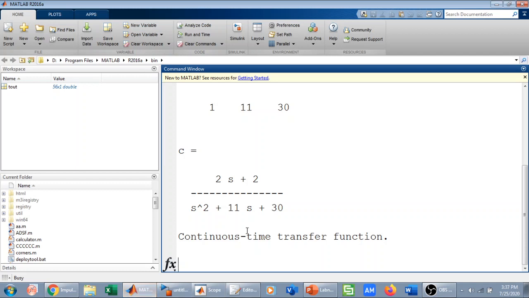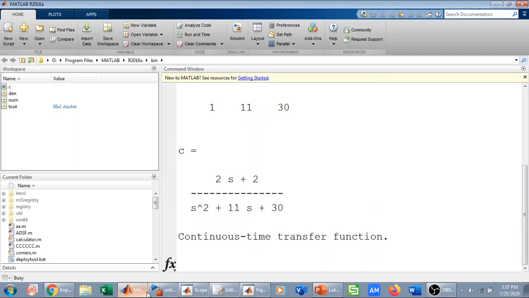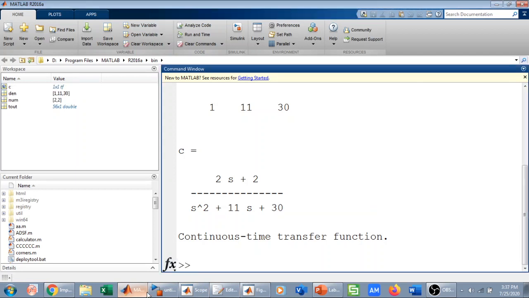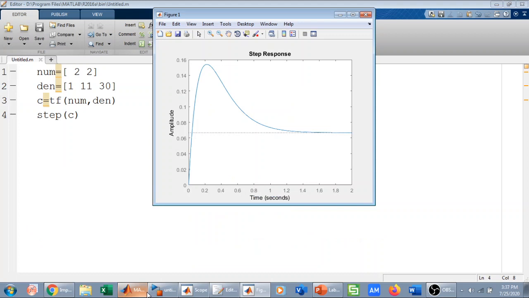This is my transfer function. Now the step response of this system is going to pop up within a few seconds because MATLAB is busy running it. It's taking a lot of time. So here we go.